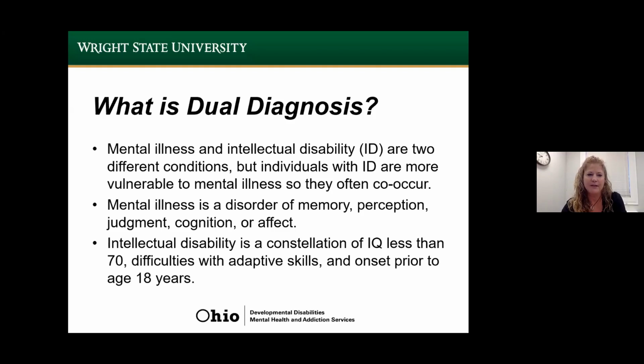So let's be clear on our definitions before we get started. Mental illness and intellectual disability are two different conditions, but individuals who have ID are more vulnerable to mental illness. So we often see that they co-occur. The official definitions are on this slide. The definition for mental illness is straight from the DSM-5, the Diagnostic and Statistical Manual, 5th edition, and mental illness is a disorder of memory, perception, judgment, cognition, or affect. And intellectual disability is a constellation of IQ less than 70, difficulties with adaptive skills, and onset prior